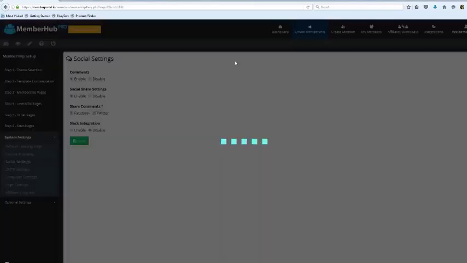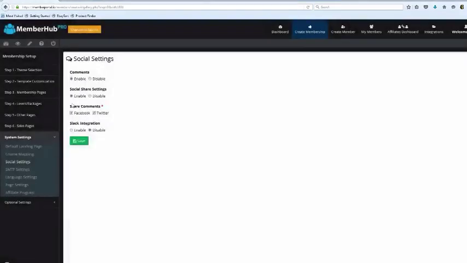Your social settings, this is where you can enable or disable the comments, social share, the Facebook comments, and then we have this thing called Slack. Now, I'll be honest with you, I don't use Slack. I have no idea what it is. I don't have a use for it, but everybody likes it. It is integrated, okay? So you'll just log into your Slack account and then the integration happens, all right? Now, Karthik's on the call. You can ask him questions about Slack as soon as I'm done with my presentation.